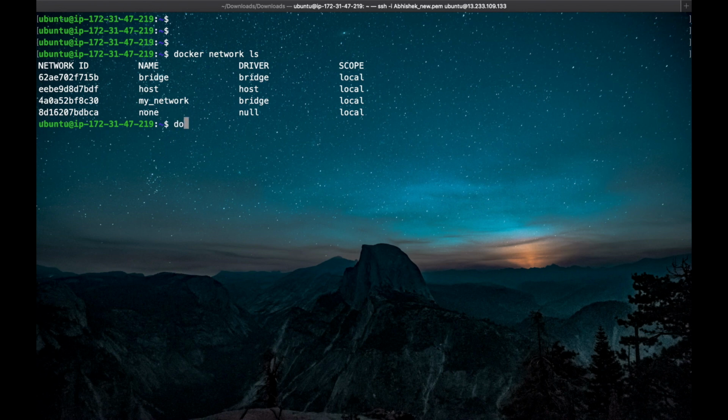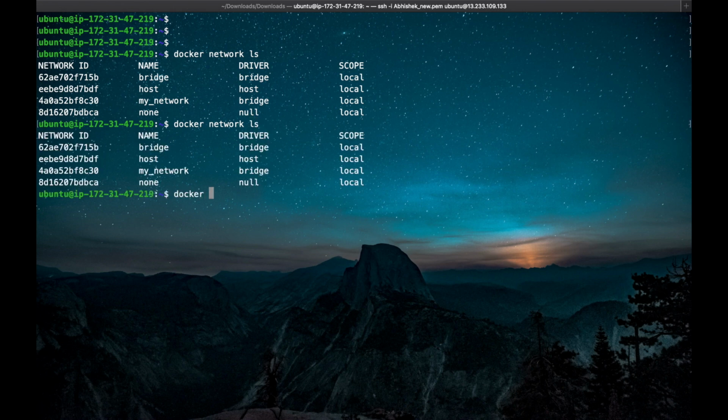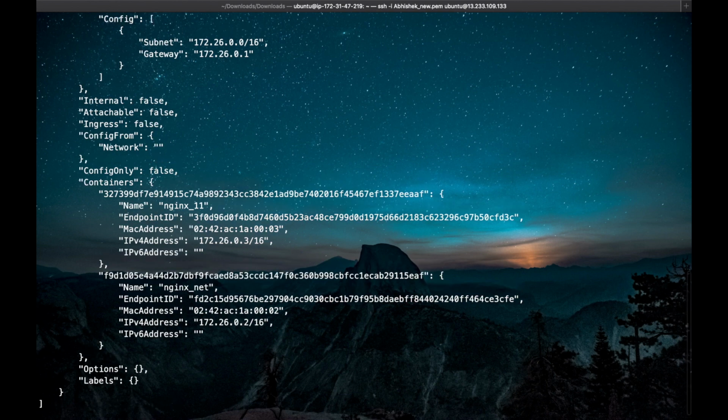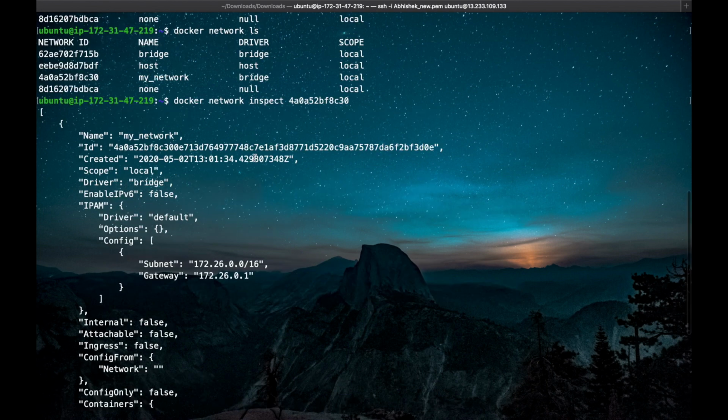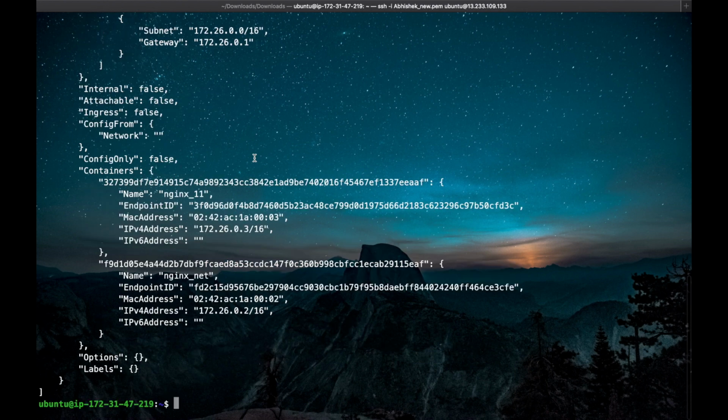So let's run this command. We inspect our custom network. Once we execute this command, we get lots of information, but we need particular information. For that the command is docker network inspect -f, single quotes, curly braces, and what information you need.